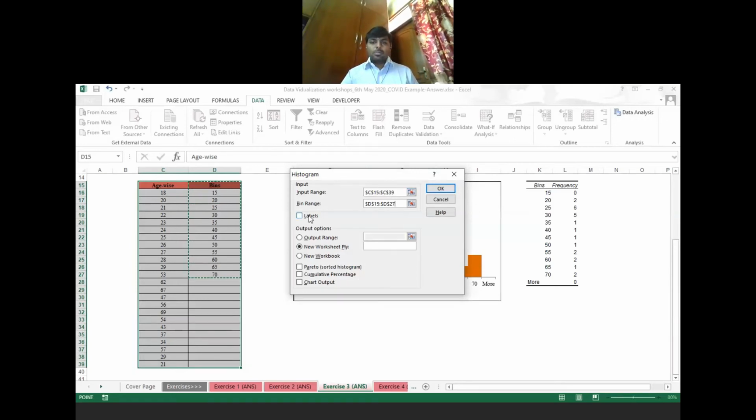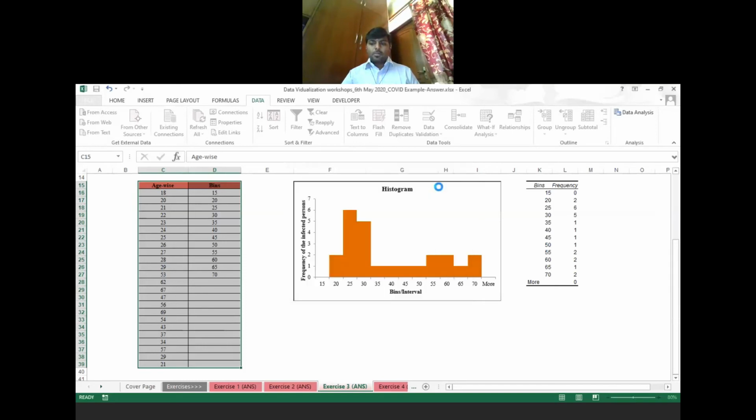Now, if you want to show labels on your histogram, click here. Then you need a chart output. So click on the chart output option and simply click OK.